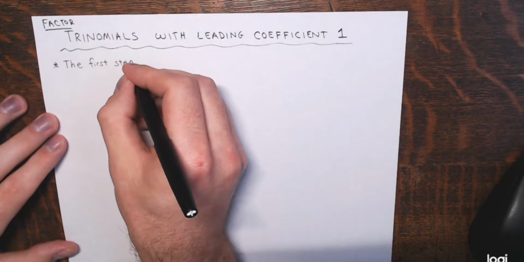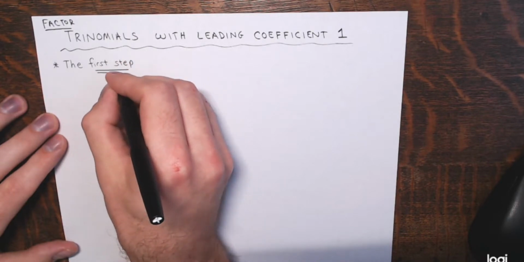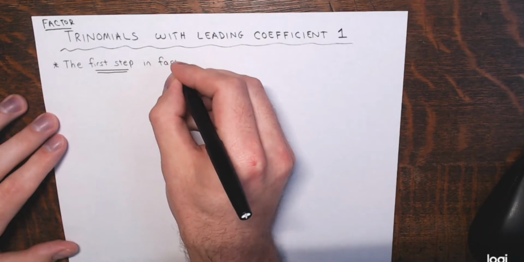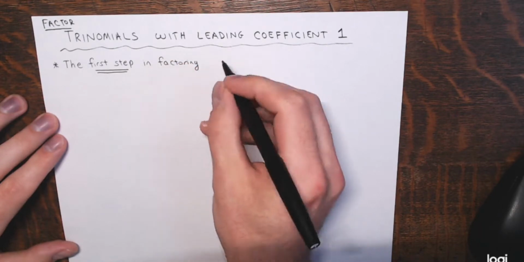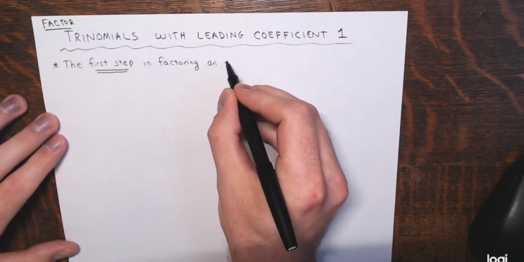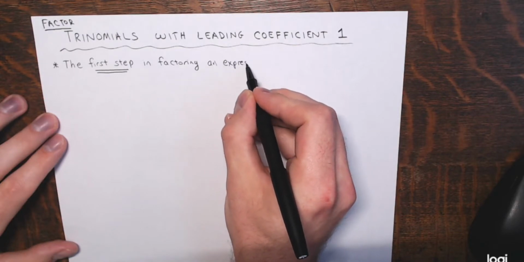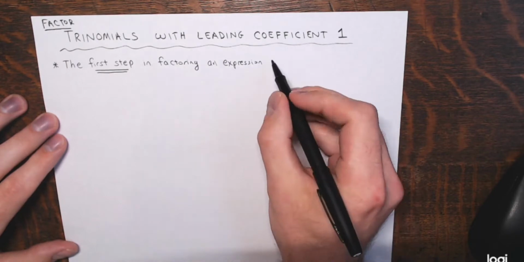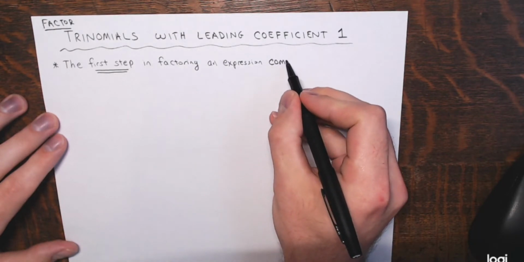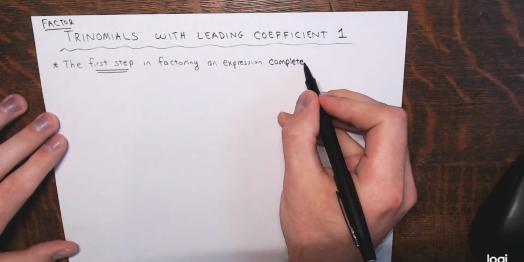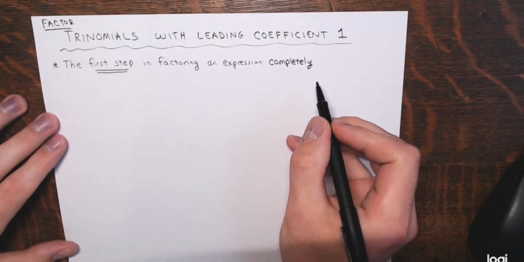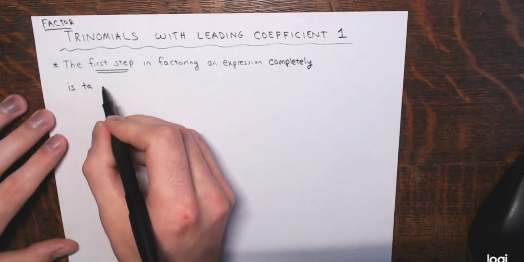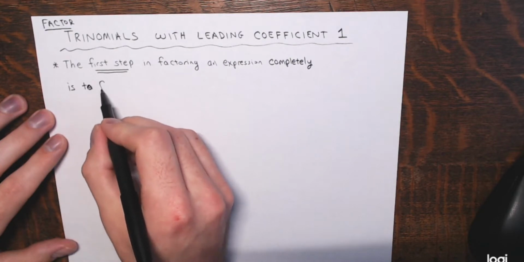The first step in factoring an expression completely, and this is any expression, not just these trinomials, is to factor out the greatest common factor,